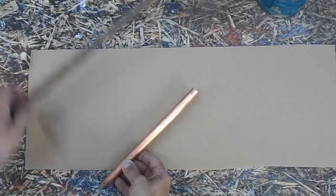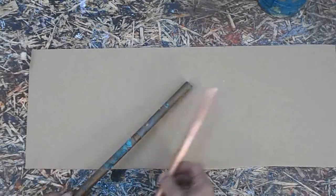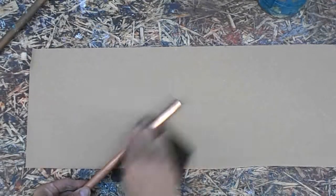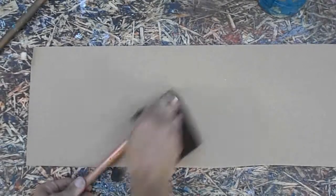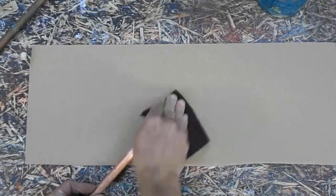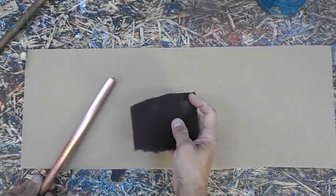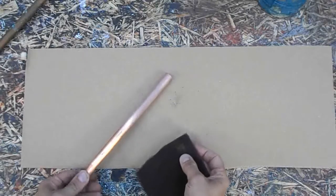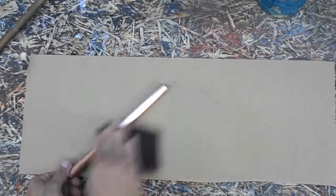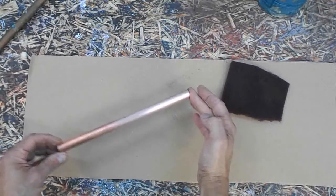What I'm doing with copper is, if it looks like this, I will sand it with a 180 or 220 grit sandpaper, and then I will give a firm rub with abrasive fabric to the copper. And you see, if you're doing this, you are removing copper and oxidized copper, so the oxidization layer from the surface, and